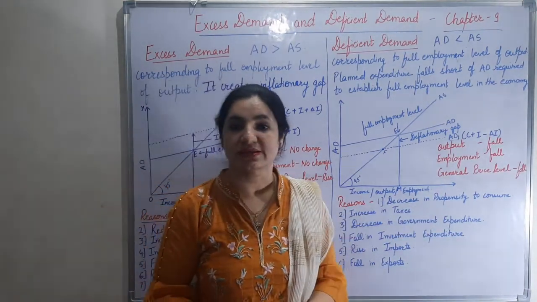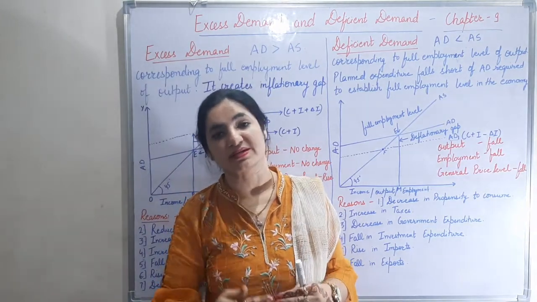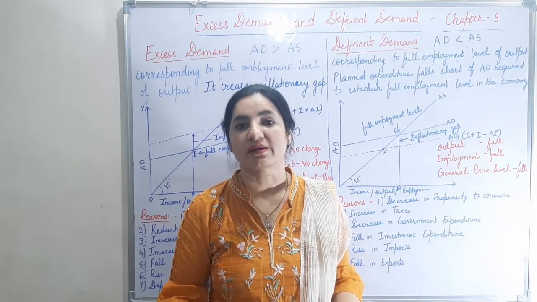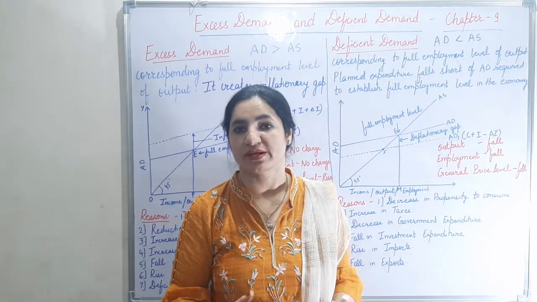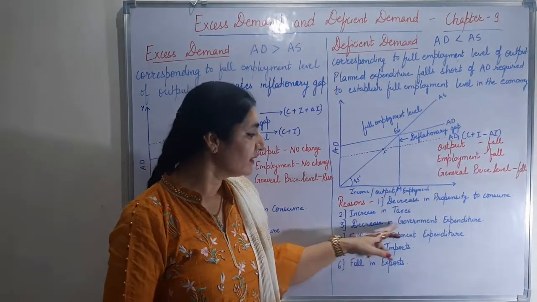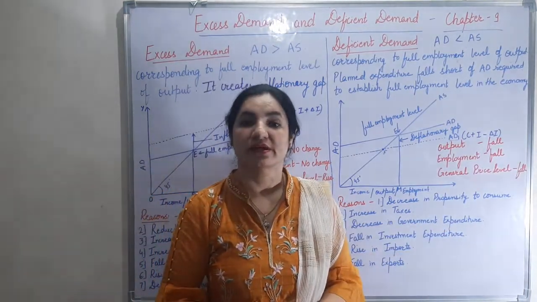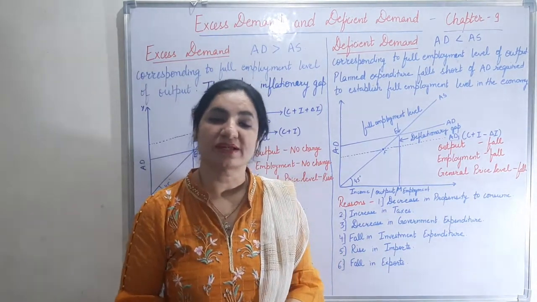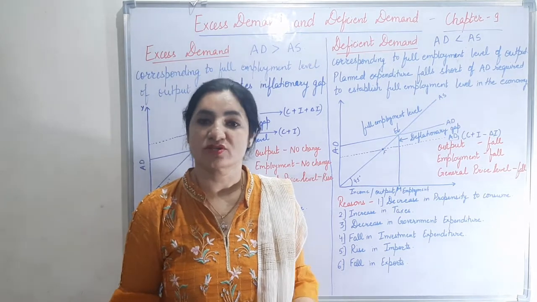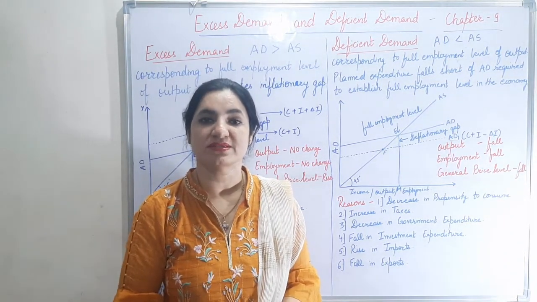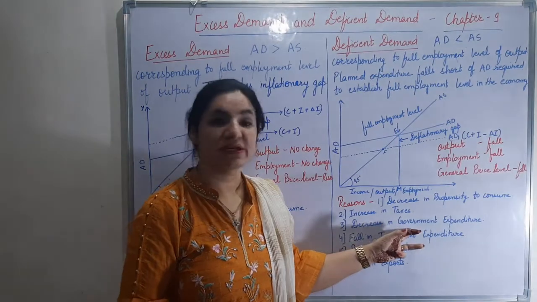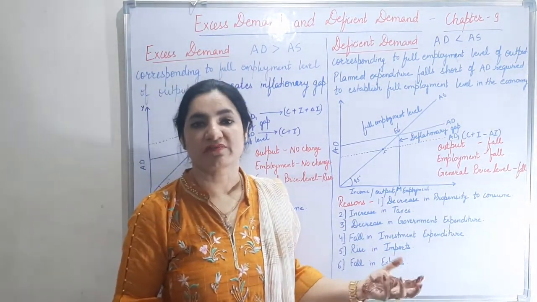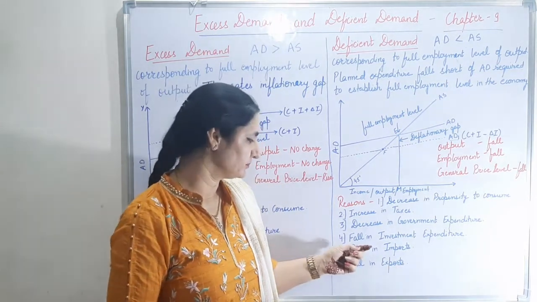Second is increase in taxes. Now government has decided to increase the level of taxes. So the disposable income has been decreased. People are having less money to spend, so they are demanding less. Decrease in government expenditure. Decrease in government expenditure means now the government has decided to spend less on social welfare, maybe because of shortage of funds or whatever may be the reasons. So there will be less money supply in the economy. The income generated will be less and people will not have money in their hands to spend.